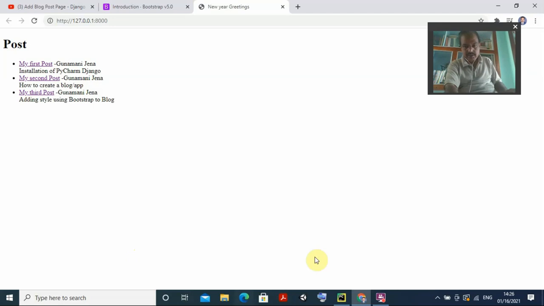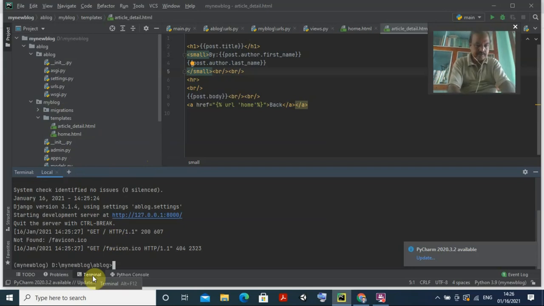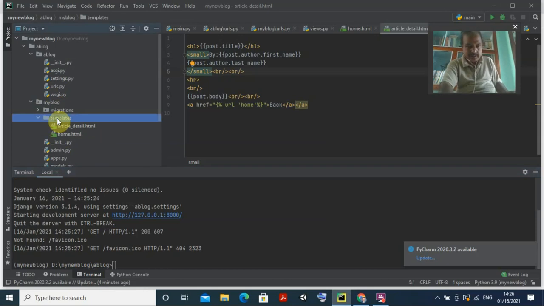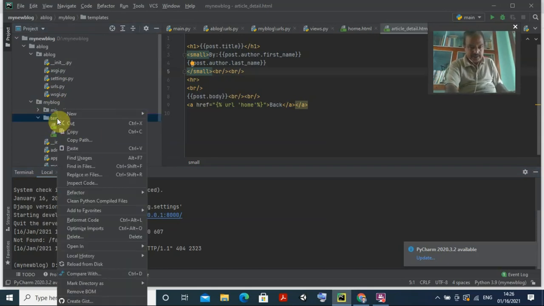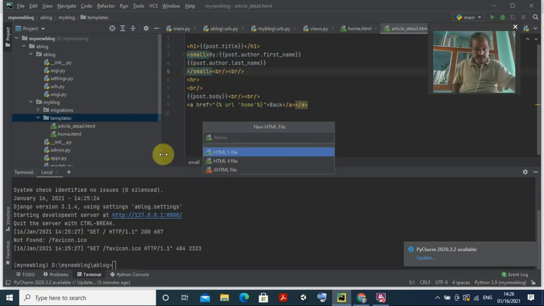Okay, now come back to here. Now here if you see, we have to create a new page. Where do we have to go for creating these HTML pages? I told you that whenever you want to create anything, now you can close it with Control C. Now you go to our templates. Here is the template. Now right click and you create a new page. Okay, on the right click it is asking new, and you create an HTML page. Okay, one HTML file I am putting. What is the file name? I told you that I want to create a base. So base.html is the HTML file we are using.